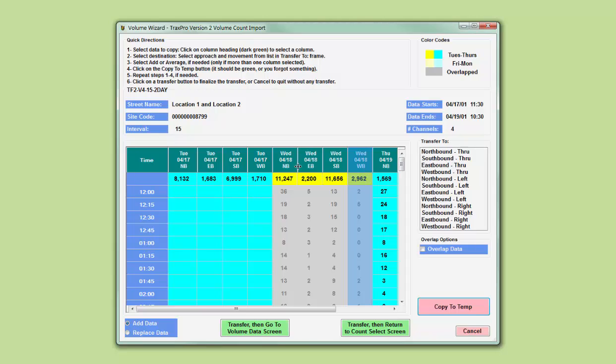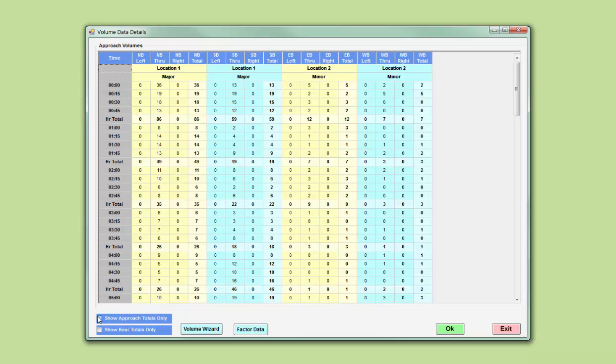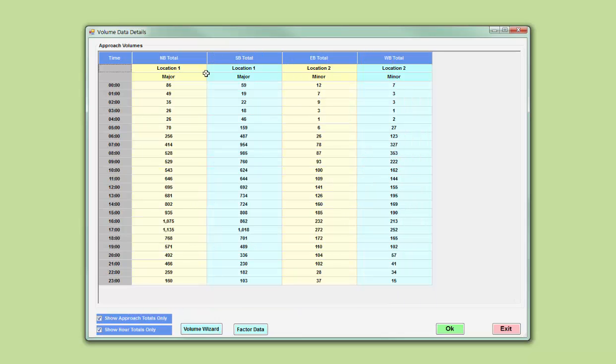Most of the time you'll have 4 separate files, but there's ways in TracksPro to end up with this file, so I'm assuming that maybe this person did that. Alright, and so now we've transferred it to the temporary. We're ready to go back to the volume data screen, and it's transferred all the data. It's transferred the names of the streets, which in this case are not very interesting, location 1 and location 2. And again, the volume data screen is happy, so we can